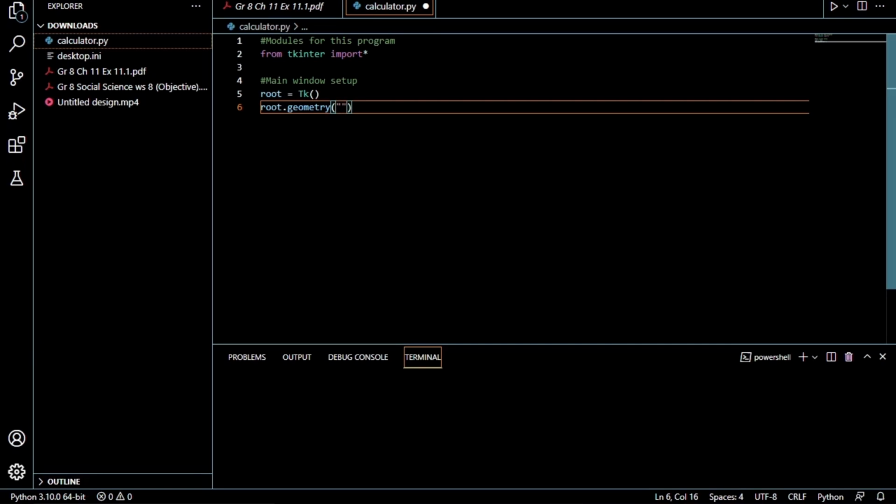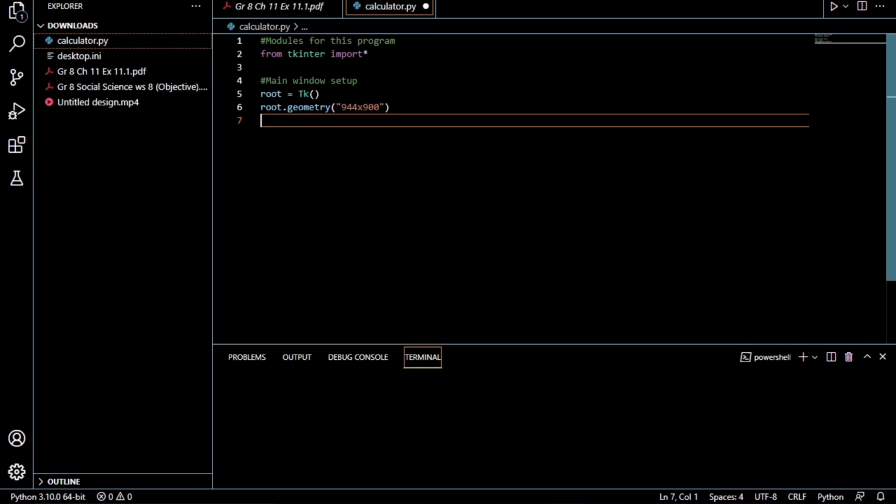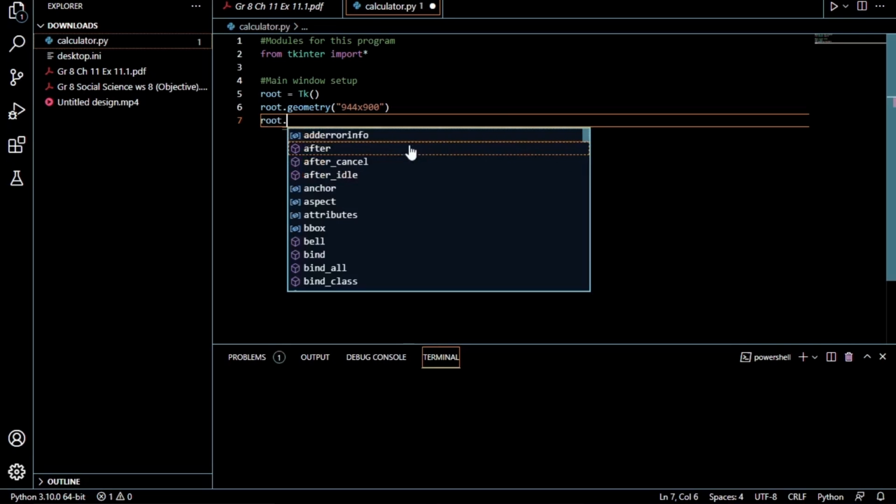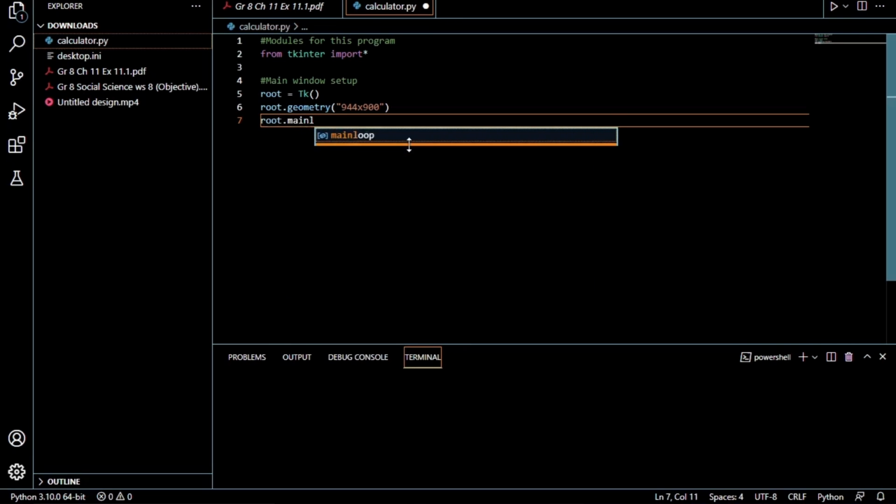Now let me give it as 944 x 900, because I think that is enough. Or let me just change this X into a smaller x. Yeah, I think that is better. Let me just execute this program and see. First let me just write root.mainloop, so that we can run this properly.